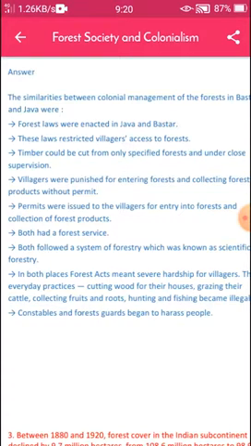Second point, these laws restricted villagers' access to forests. Third point, timber could be cut from only specified forests and under close supervision.